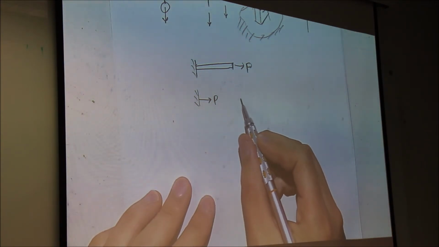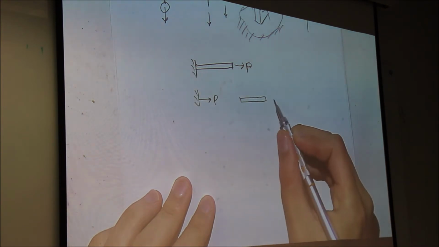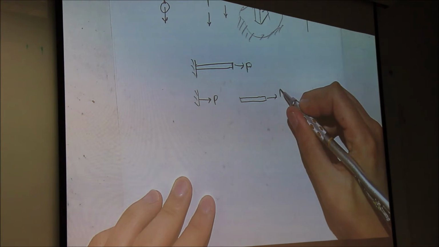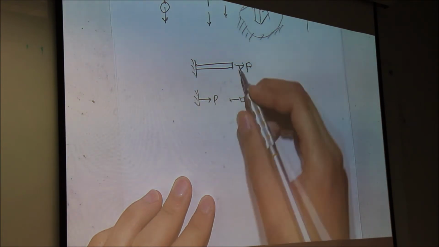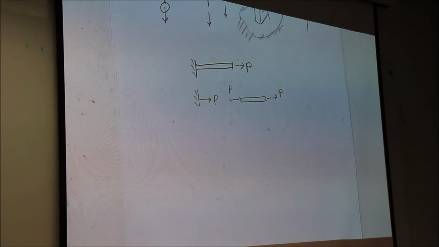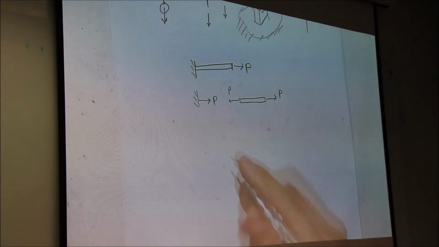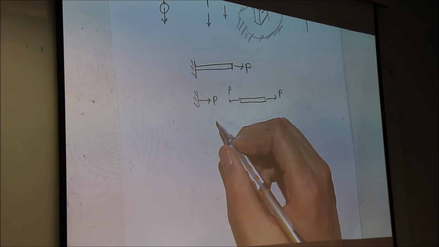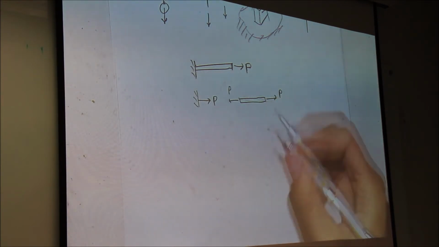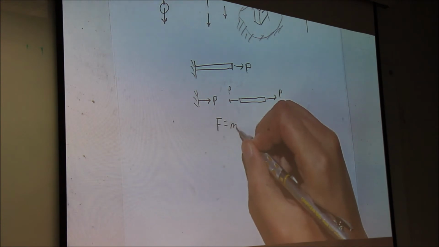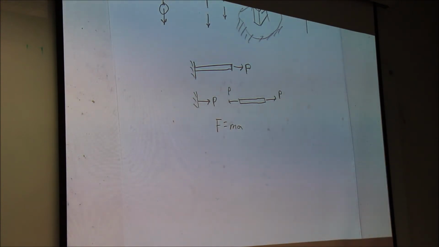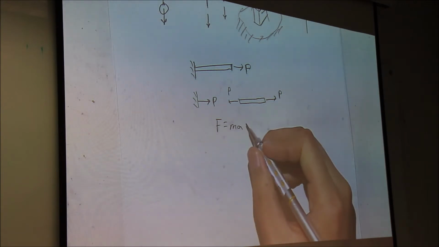And then I'm also going to do a free body diagram of the rod. This is going to be some P. This is going to be some P. How do we know it's P? Well, we know it's P because we took Physics 1 and we know about Newton's second law, which I'm sure you guys remember as F equals ma. They've been shoving that in your head since like the 6th grade or something. Third grade? Show off? No. Third law. Third law? It's equal and opposite, man. That's the third law. Second law is F equals ma. Nothing's accelerating. I thought this was statics. I know. That's why a is equal to 0.